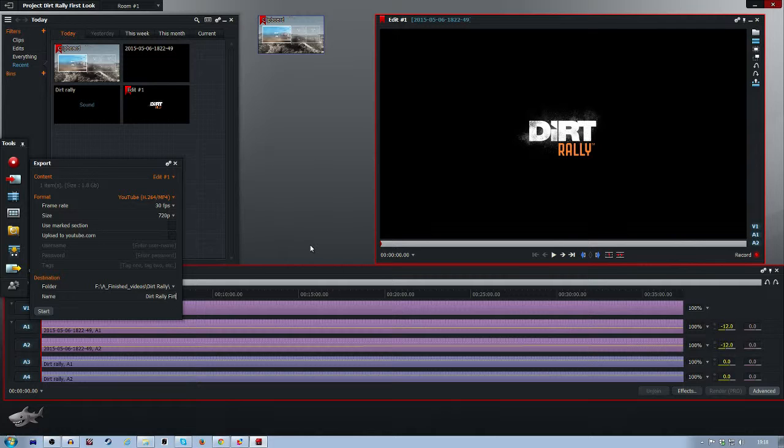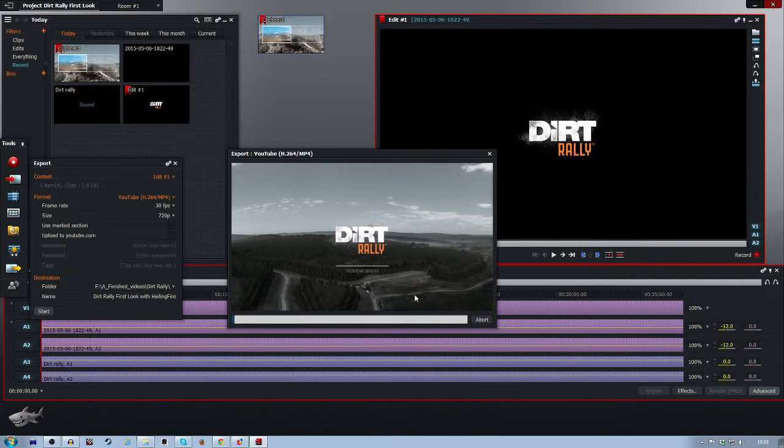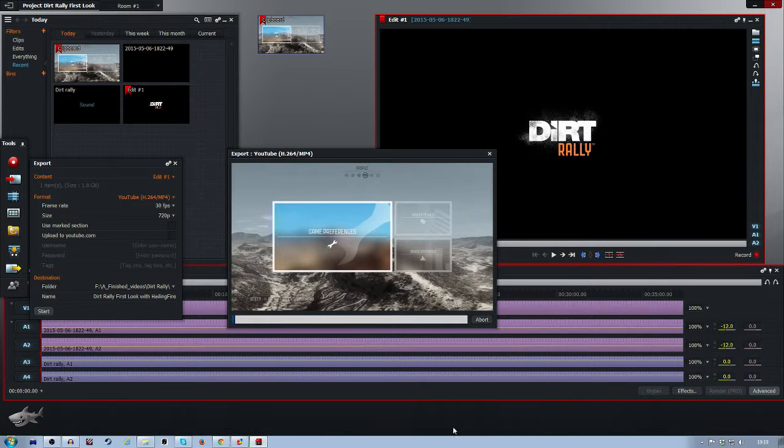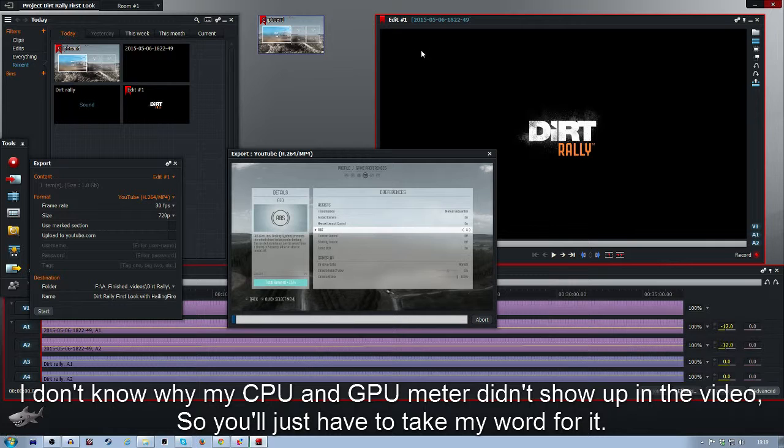So there we go, and you click start. It brings up this window over here, which gives you a very small preview. Oh, you can actually make that larger. That's nice to know. And you can see over here, it's using my GPU, but it's really not doing any